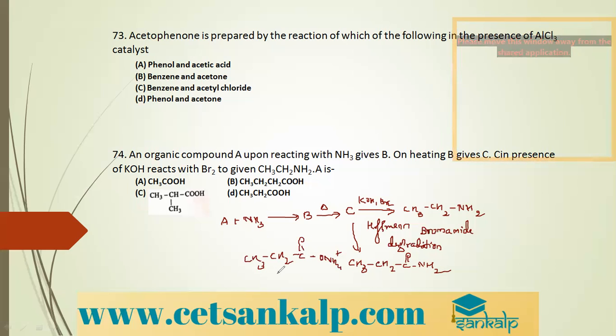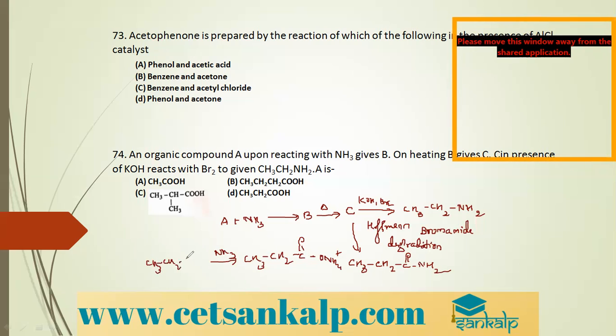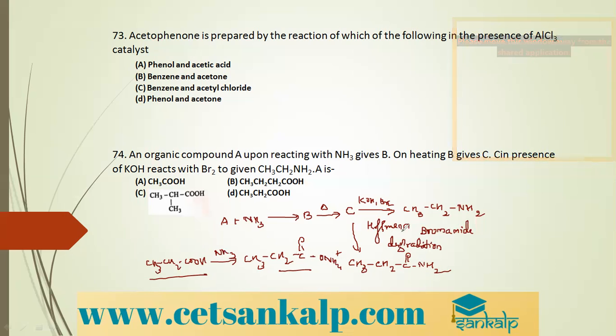So this is ammonium salt. You are getting ammonium salt means you are treating it with NH3. That means you are using the corresponding carboxylic acid, CH3CH2COOH. So when this carboxylic acid is treated with NH3, we get the ammonium salt of carboxylic acid, which on heating gives amide, which on undergoing Hoffmann's bromamide degradation gives us